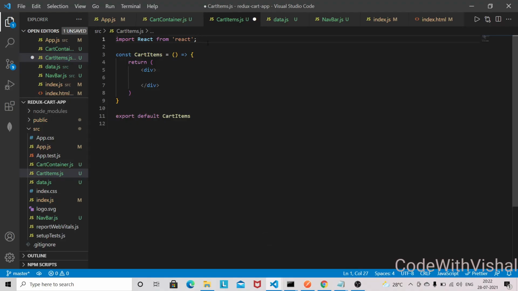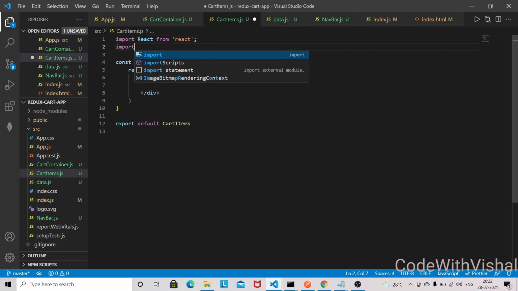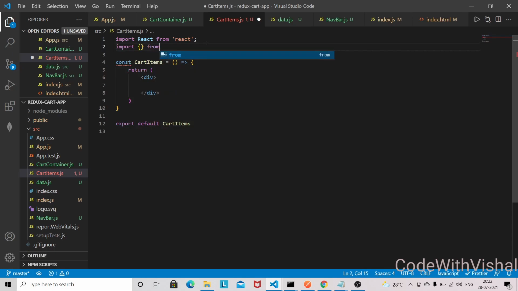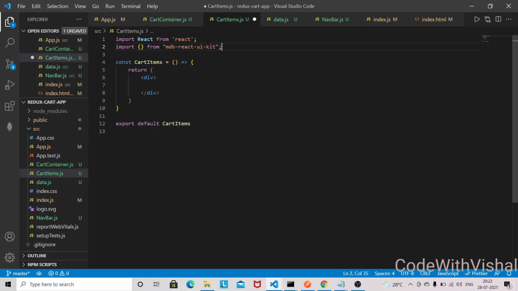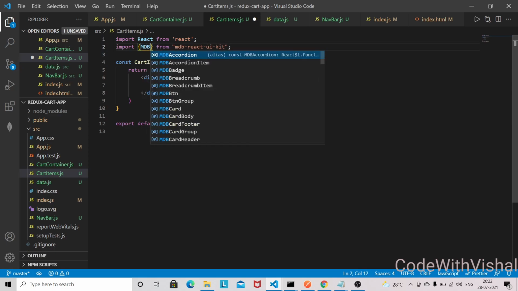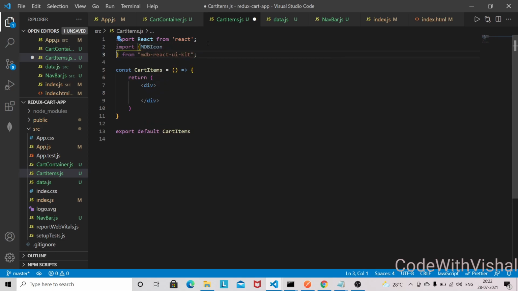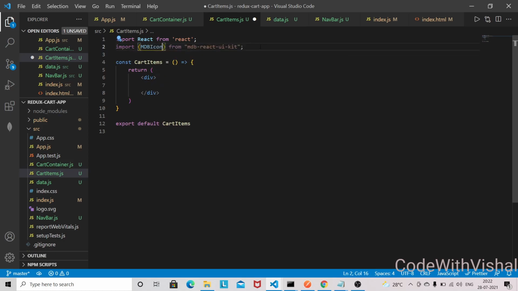So in this component we need only the icon from the material design bootstrap. So mdb react UI kit, and we are going to bring the icon here. So MDBIcon, okay, and that's it as of now.